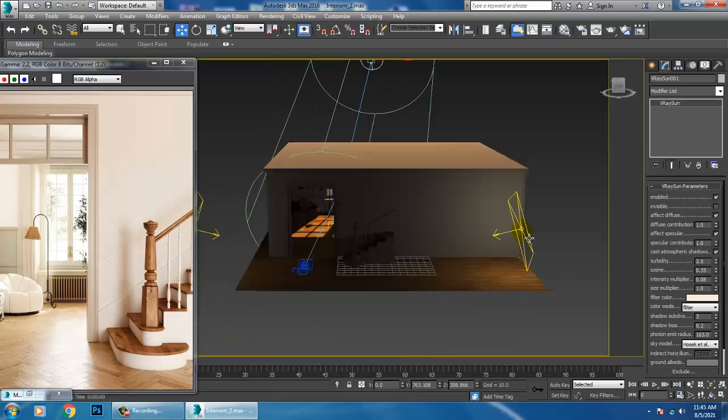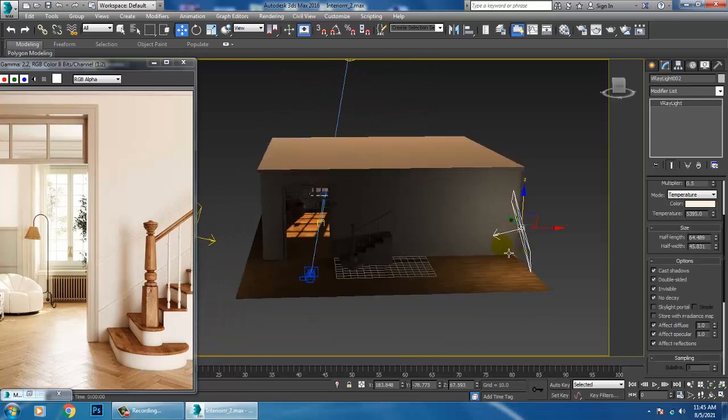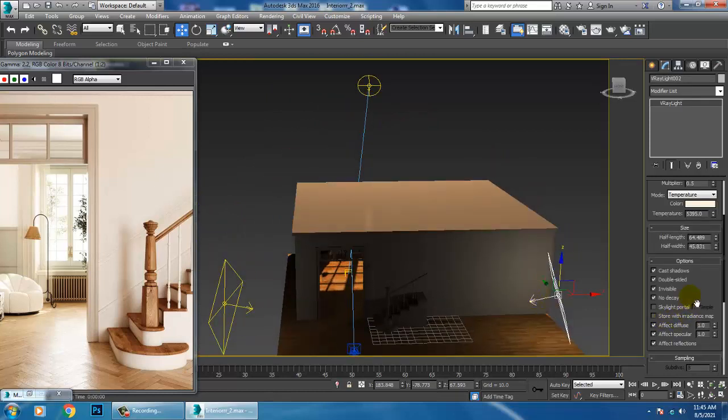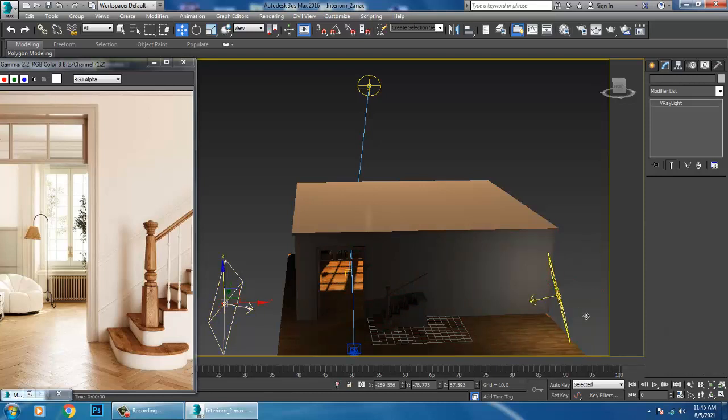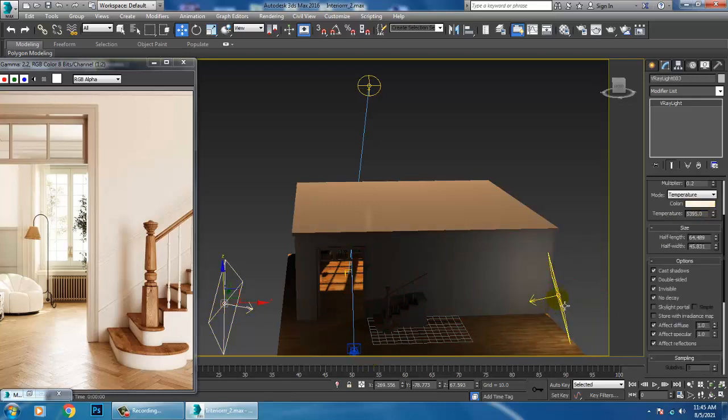I'll select this light and slightly move towards a bit of white part over here.